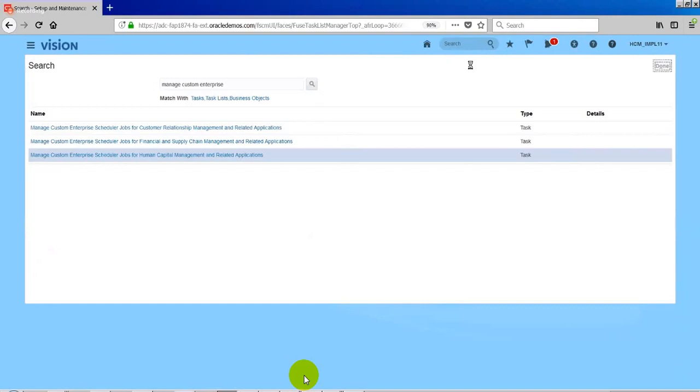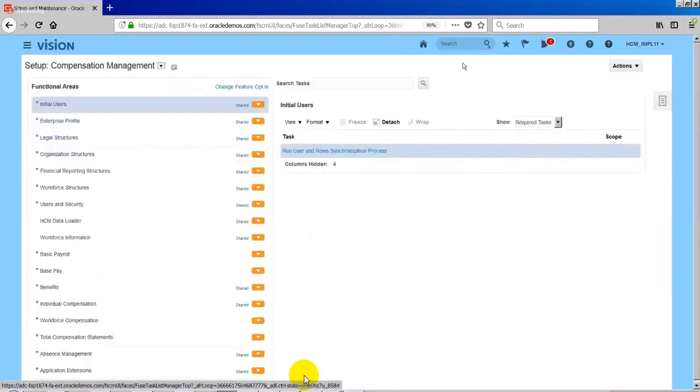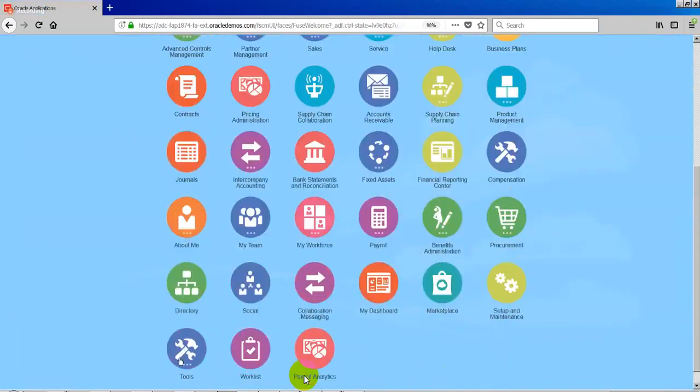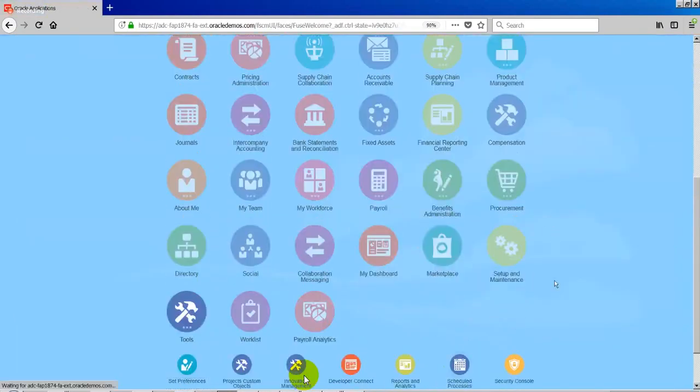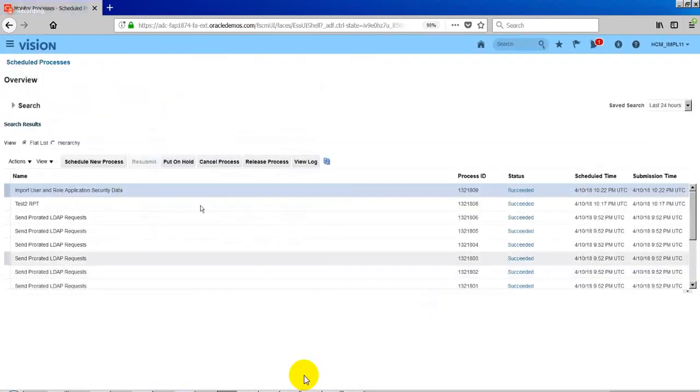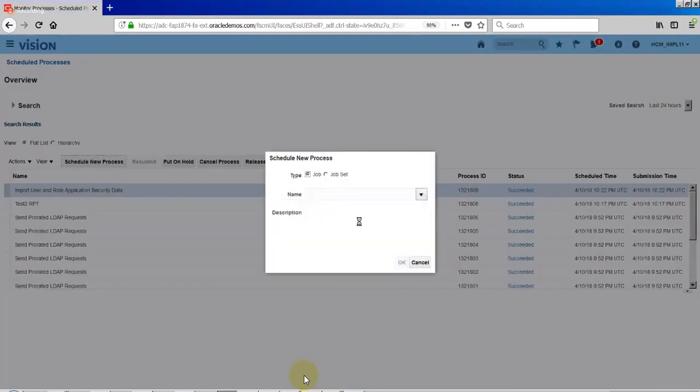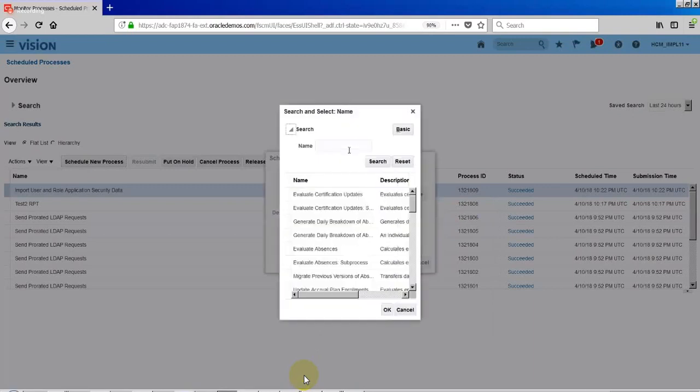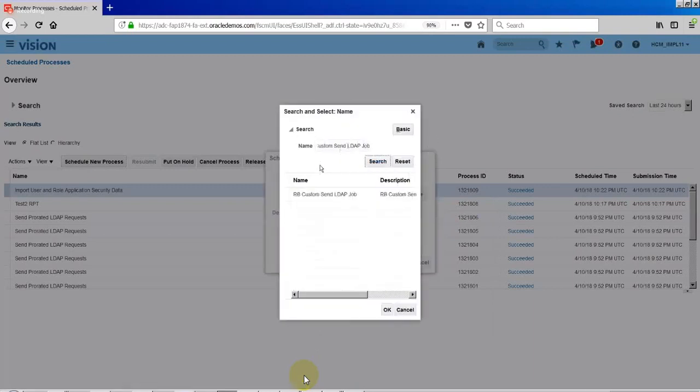I'm going here and I'm going to run it. This one should show up in the program list now. It is here, so click OK.